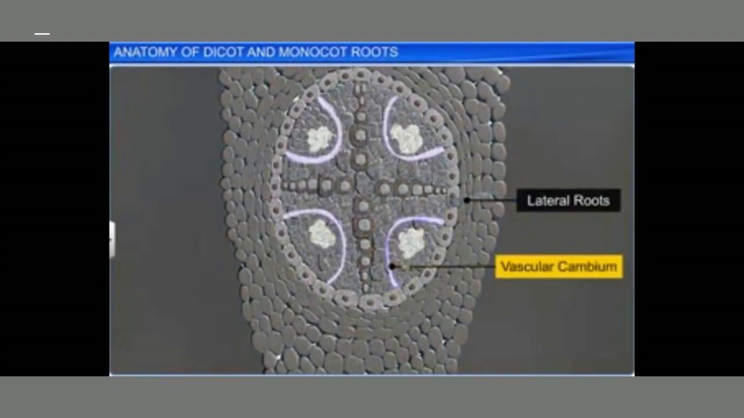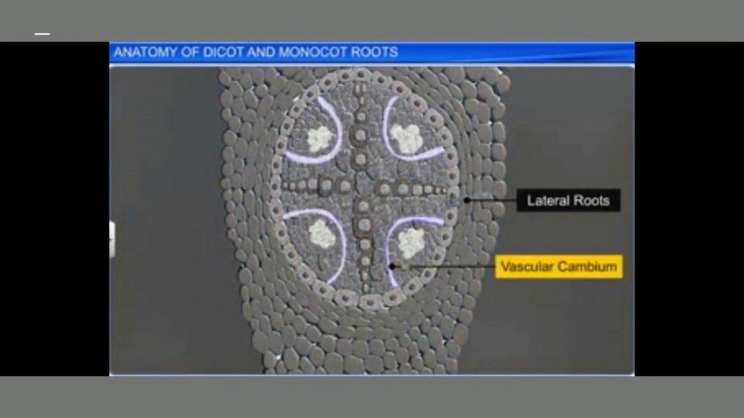And the next part is the pericycle. Children, you can see what is meant by pericycle. It always occurs between the vascular bundle and endodermis. It is multi-layered parenchyma with patches of sclerenchyma. You can see the pericycle. Now we are going to see the lateral root